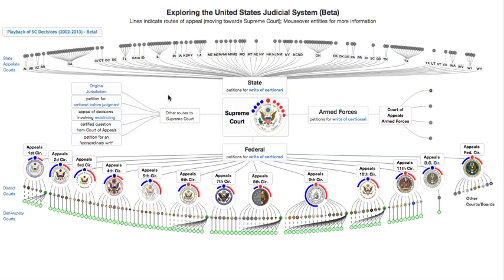I pulled some information from the Supreme Court database coupled with this, and I am doing a little animation thing that I'm about to get rid of because I don't think it's that useful, but I wanted to go ahead and log that I did it. So there are about 1,000 cases or decisions by the Supreme Court between 2012 and 2013,